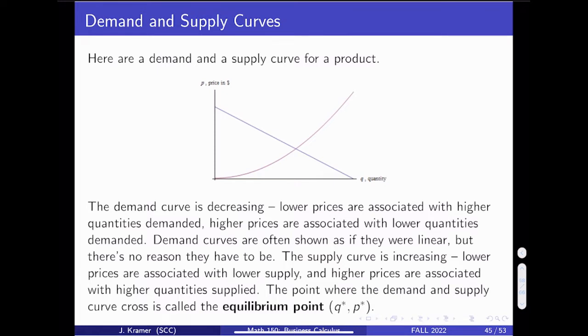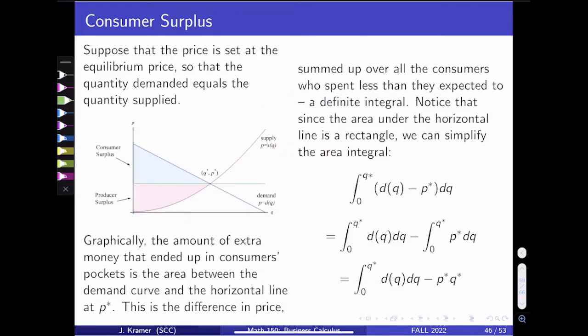The point where the demand and supply curves cross is called the equilibrium point, and it's given as a quantity and the price depends on the quantity. So in this image, we would have the blue curve as our demand curve because it's decreasing. The red curve would be our supply, and this point of intersection would be the equilibrium point, where demand and supply are equal. Suppose that the price is set at the equilibrium price so that the quantity demanded equals the